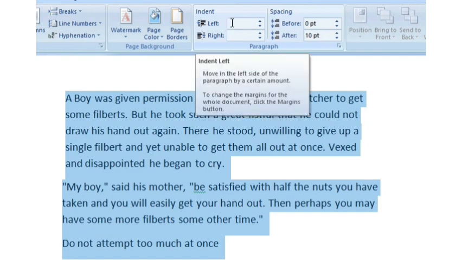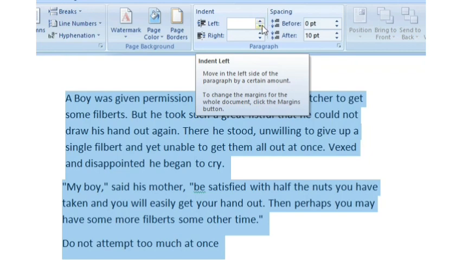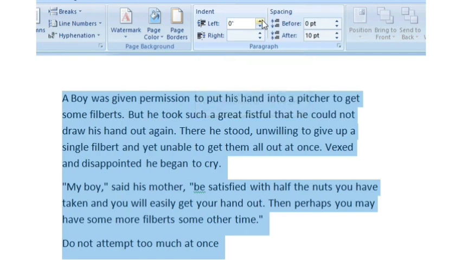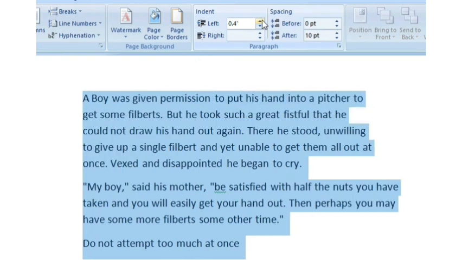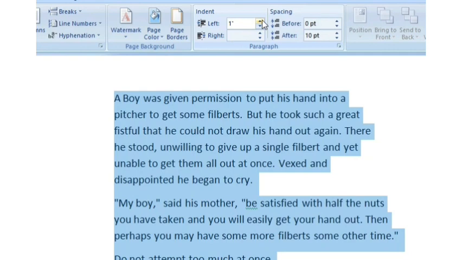When we increase the left indent, you can see here options are given for increasing and decreasing. In the right indent, it is also available for increasing and decreasing. When you increase the left indent, the whole paragraph will move towards the right side.